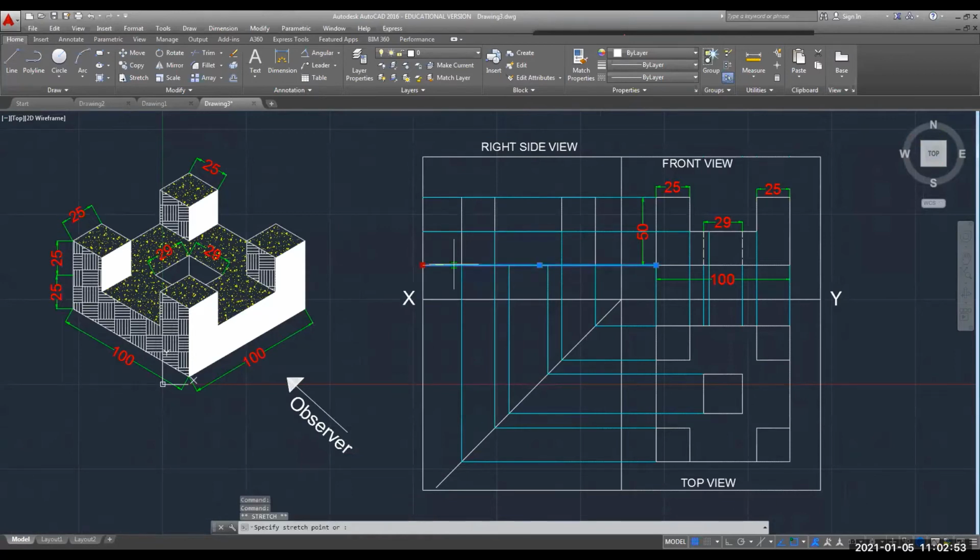Similarly, this horizontal lines also, I will reduce it for visibility of my baseline, that is white in color.